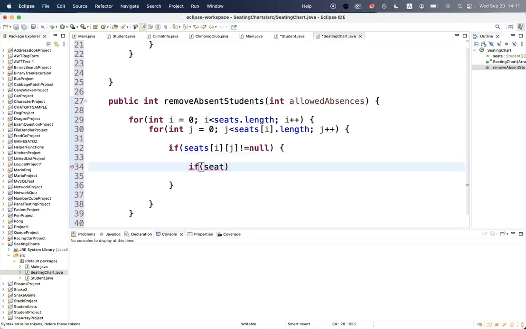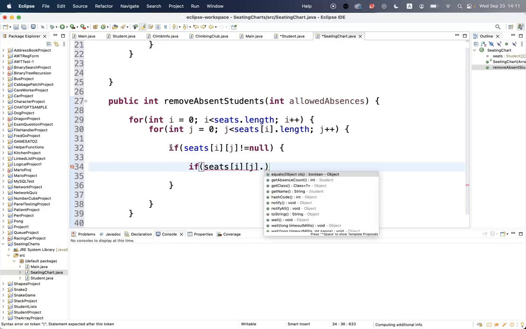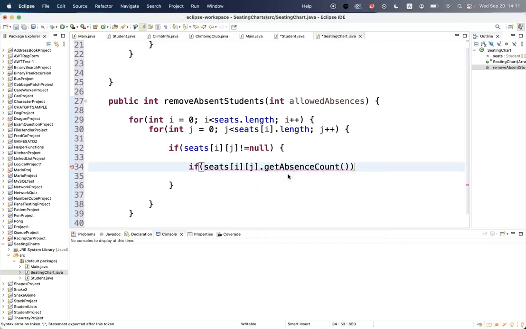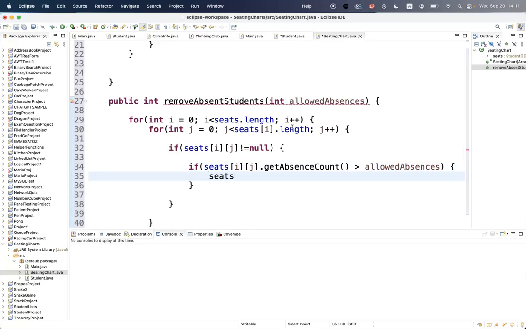If seats[i][j], remember that's a student object, and every student object has a getAbsenceCount method. If that is greater than the allowed absences, which is the parameter here, then seats[i][j], which is a student object,